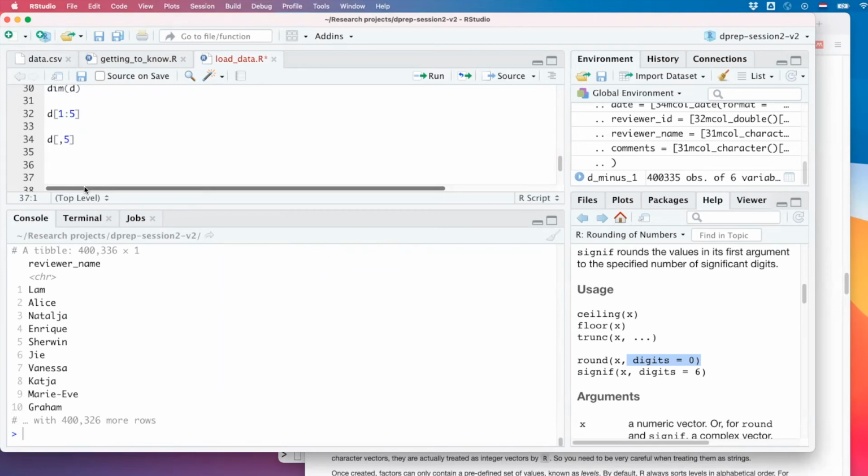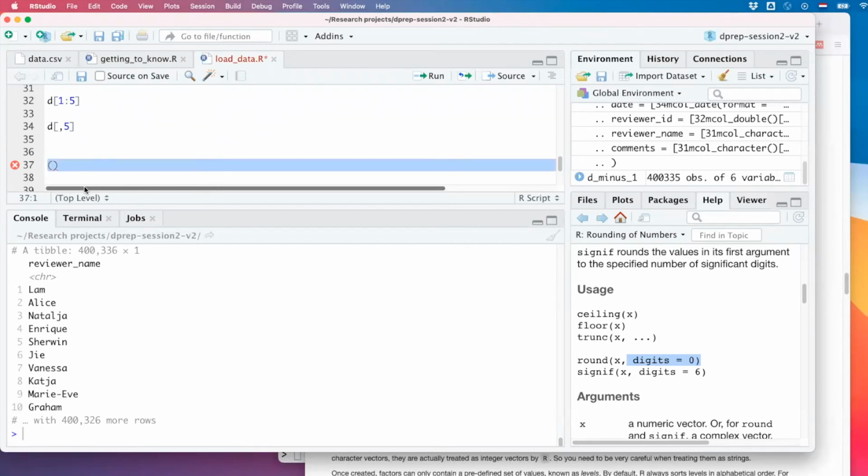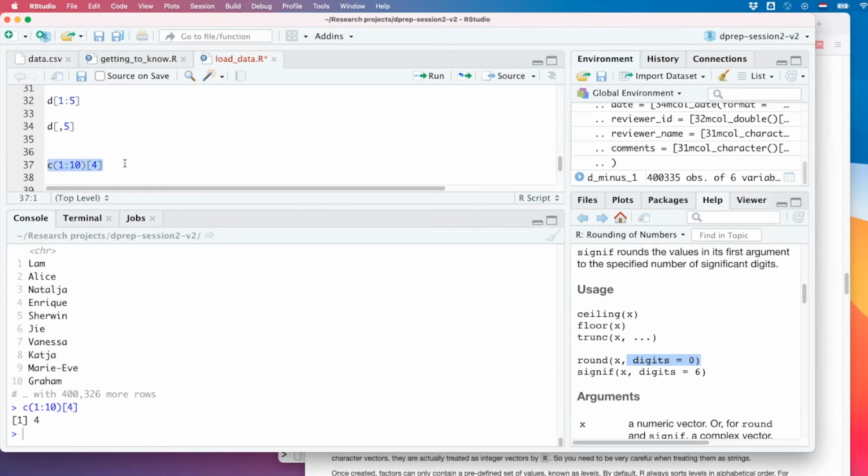I'm looking at Noah's question. Could you repeat what you said about the brackets? Yeah, what I'm saying is R knows normal brackets and square brackets. You always use regular brackets, except if you want to select stuff. So for example, if you have a vector from 1 to 10 and you want to select the fourth number, this is how you select. The square brackets select.